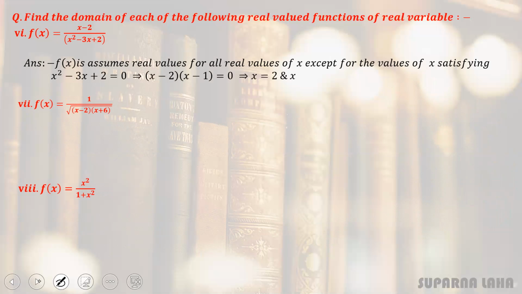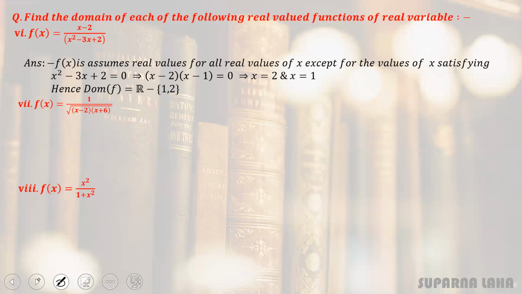So if x² - 3x + 2 is 0, that means what? x equals 2 or x equals 1. At these 2 points, if we factorize this, we will find (x - 2)(x - 1). So except these 2 points, all over the set of real numbers, the function is defined. So the domain is R minus these 2 points, 1 and 2. Just where we can't define this real function, except these values, all over the set of real numbers the function is defined, and that is the domain for the function.